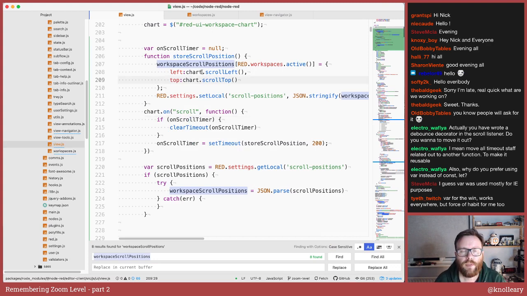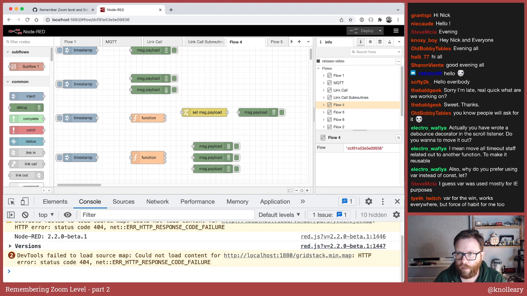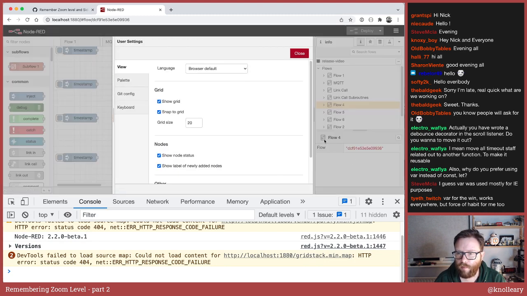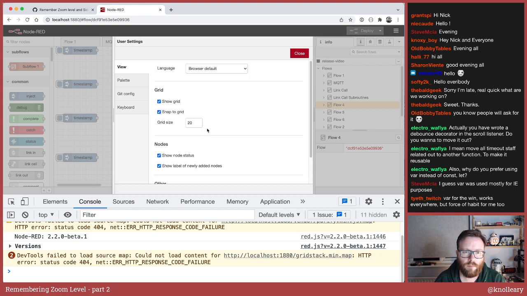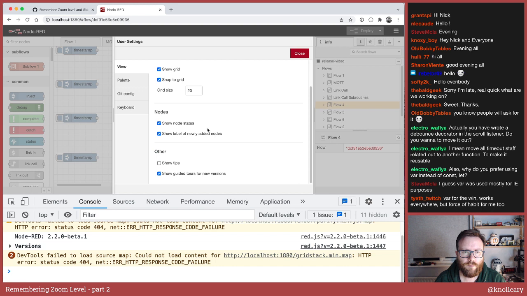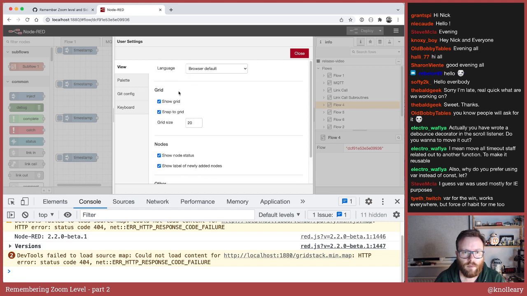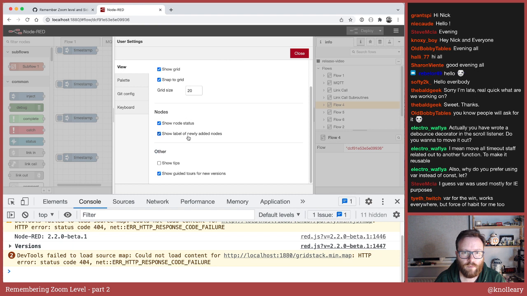reloads of the editor. So to do that, we're going to add a new setting in the settings dialog, view, and put it in here. Where should we? There's the grid stuff about nodes, other.